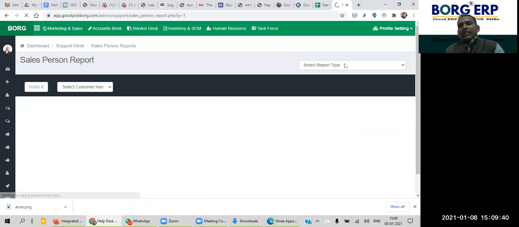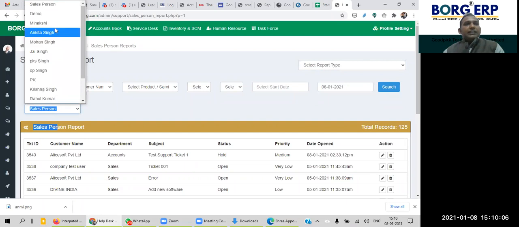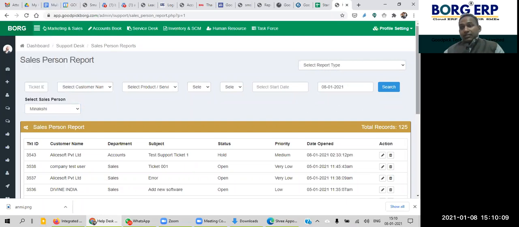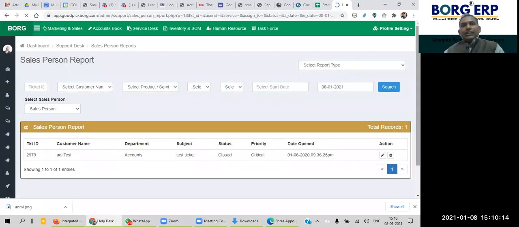For example, in service companies, the salesperson is accountable for the entire setup and then delivery for that particular customer. So he acts as an account manager for that particular customer. In such organizations, that can also be tracked. Then you can select a particular salesperson here, and see how many tickets are being received for that salesperson. Accordingly, you can interact with your account manager.